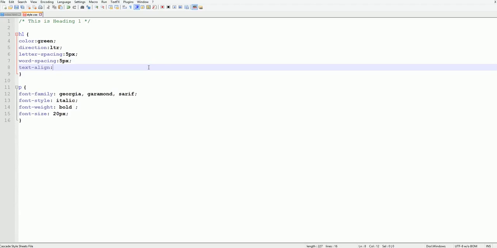Now after this word spacing, we just type text align, and in text align we have three options: right, left and center. The right option will right align the text, the center option will center the text, and the left option will left align the text. So let's see one by one. First let's type here right and then semicolon. Save the file,